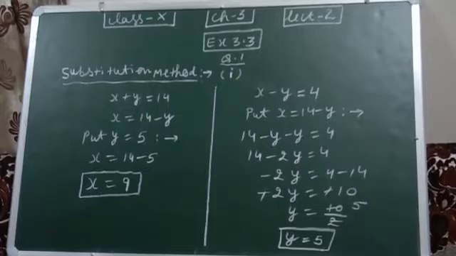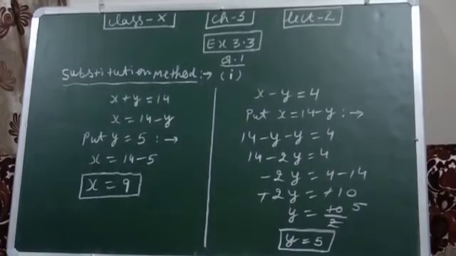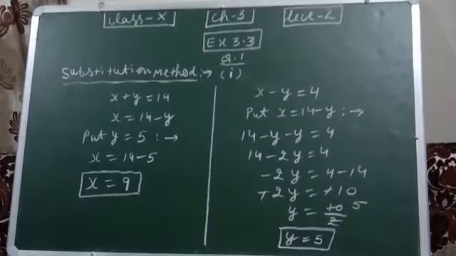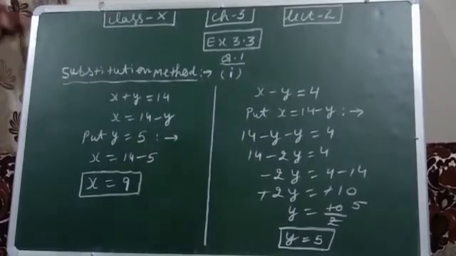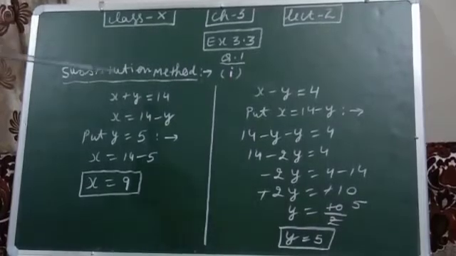Now we will discuss the algebraic methods one by one. We have three algebraic methods. Yesterday we discussed them: first substitution, second elimination, and third cross multiplication. So first we will give stress to the substitution method, then elimination, and at last cross multiplication. So what is the substitution method?